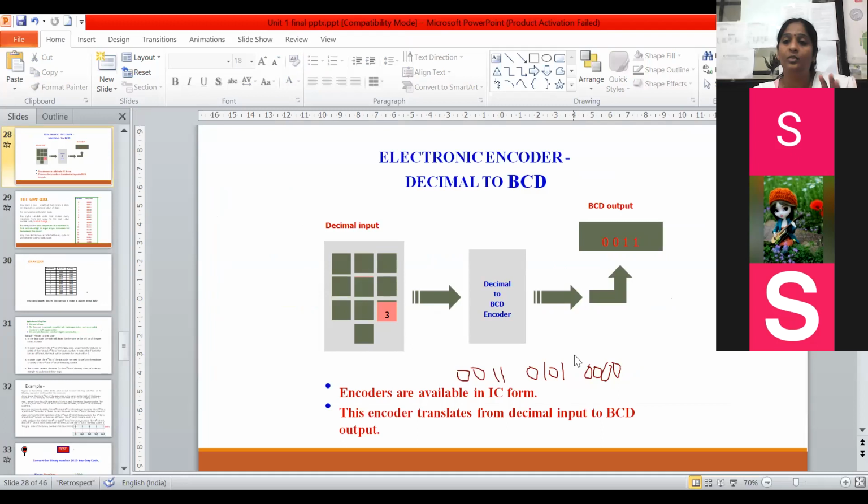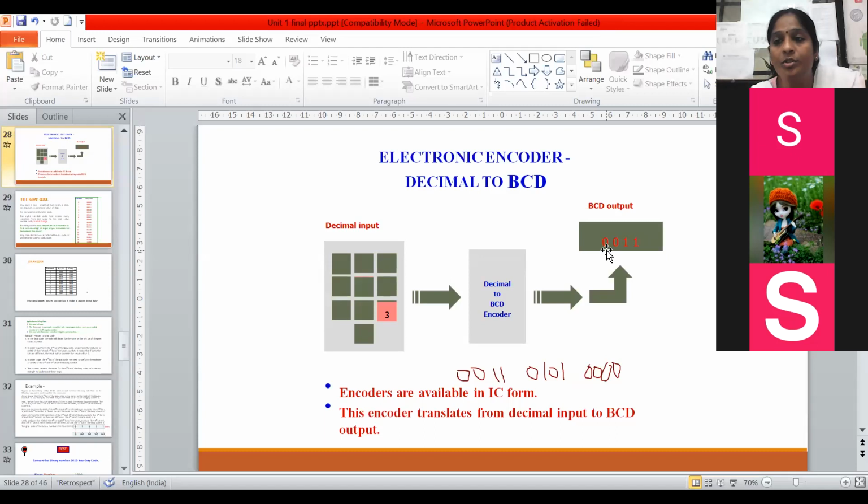Just look at this. See, here it is. All of you, that electronic encoder is there. Whichever decimal input I give here, for example, if I write down here 3, the decimal to binary encoder will directly display the particular number. If 1 is there, 2 is there, 3 is there, 4 is there, based on that, it will display the particular number. This is the use of the BCD. As I told you, it is going to consider only 0 to 9 numbers.